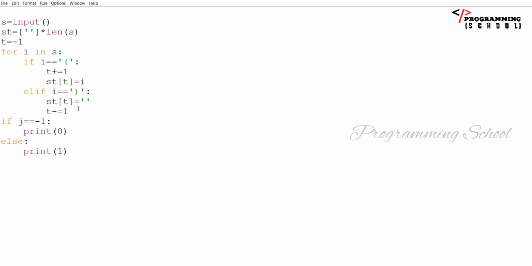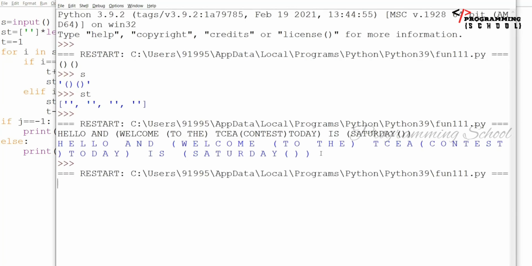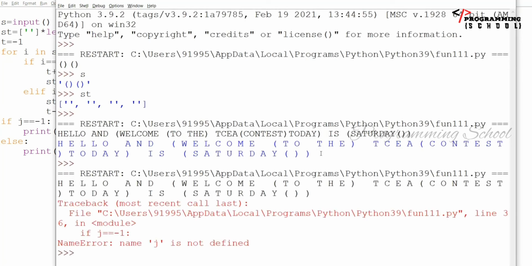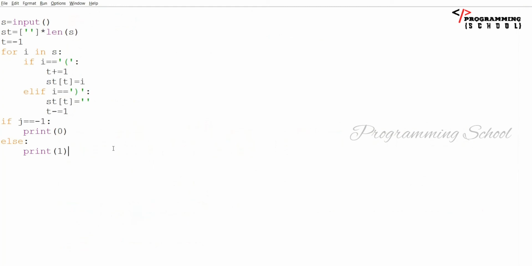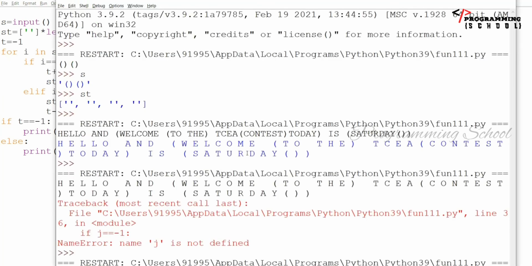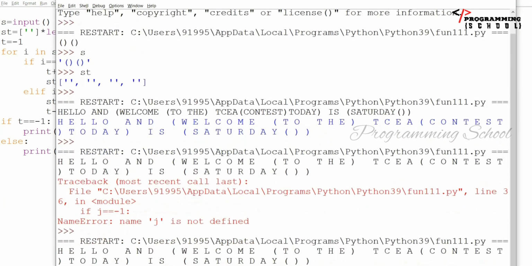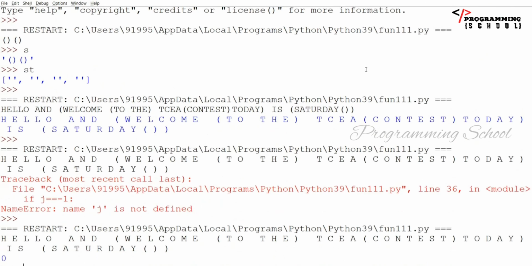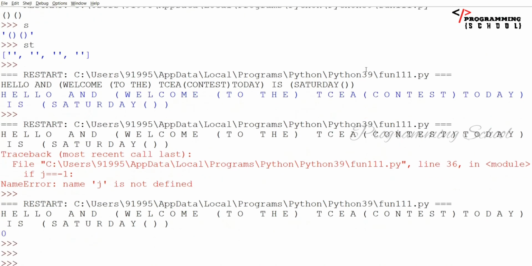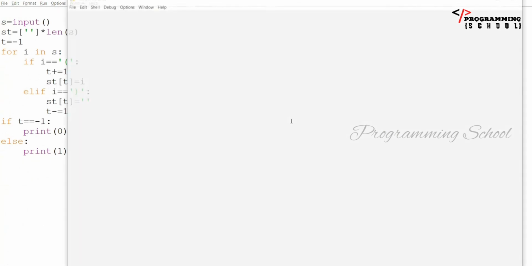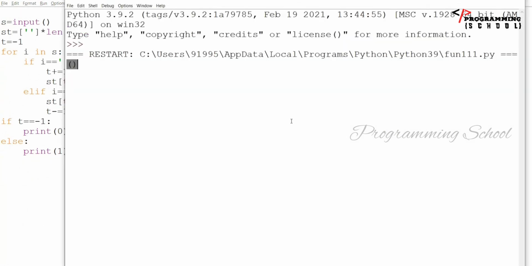If I'm going to execute it, for example, if this is the input and j is not j, that is going to be t. Sorry for that. Just observe, the output is going to be 0 here. If I execute it with open bracket, closed bracket, open bracket, closed bracket like this, the output is going to be 0 here.